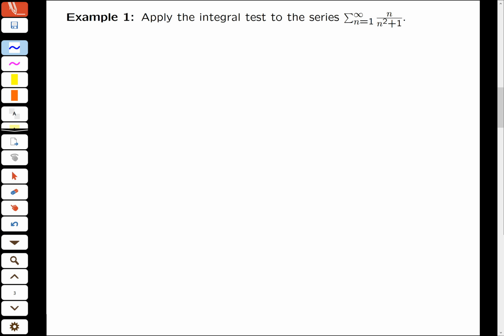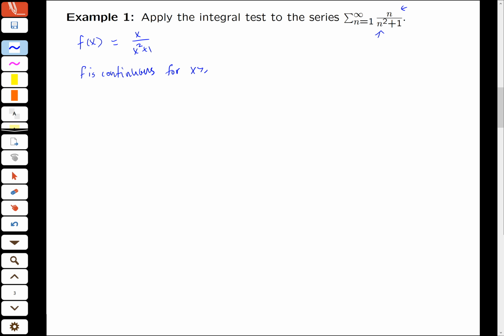Let's do an example. Apply the integral test to the series summation n equals 1 to infinity n over n squared plus 1. So what I'm going to do is define my function. F of x is going to be x over x squared plus 1. I just replace wherever I see an n inside your series. And the first thing I need to ask you, is f continuous? In other words, will you ever divide by 0 when x is bigger than or equal to 1? No. So f is continuous